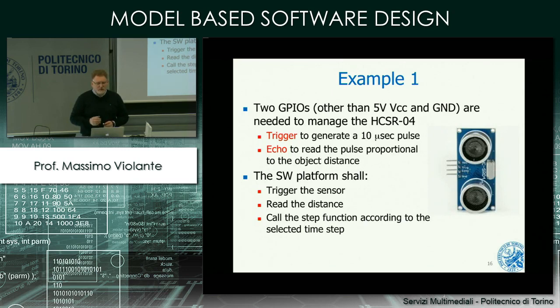Trigger is the input that you have to pulse in order to have the sensor start the measurement. This pulse shall be at least 10 microseconds wide. So you pulse the trigger, and then once the trigger is pulsed, the sensor works and provides you on the echo output a pulse whose duration is proportional to the distance of the object. So